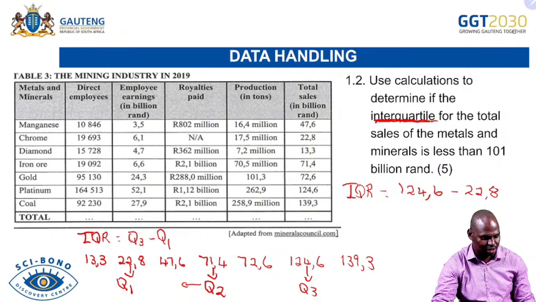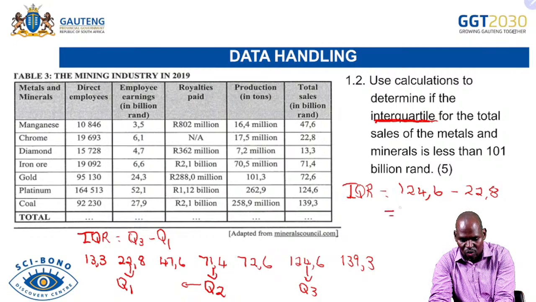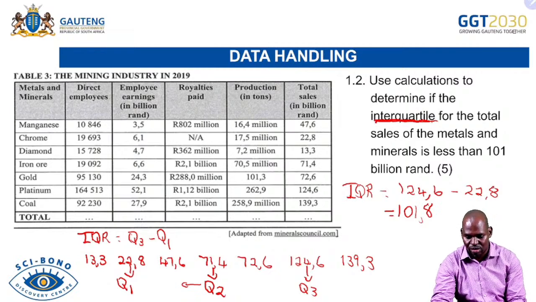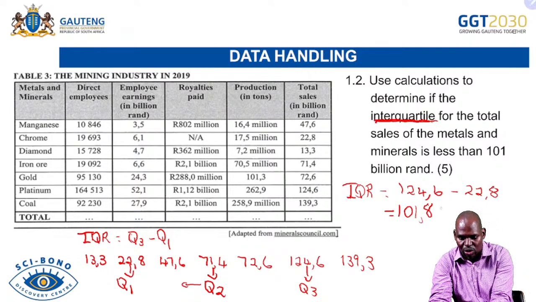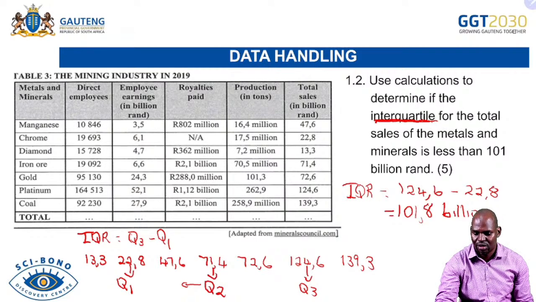then we get 101.8. Remember this is in billions, so for the sake of calculations we ignored the billion. So our answer there is 101.8. Determine if the interquartile for the total sales of the metals and minerals is less than 101 billion or